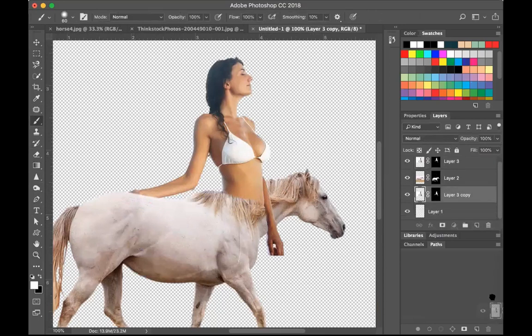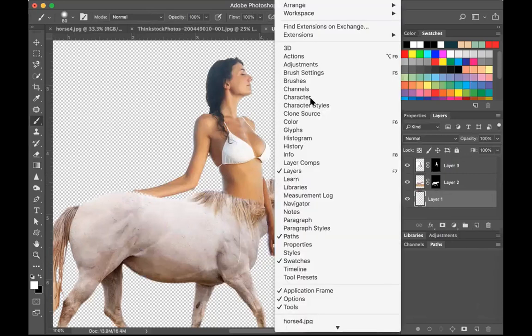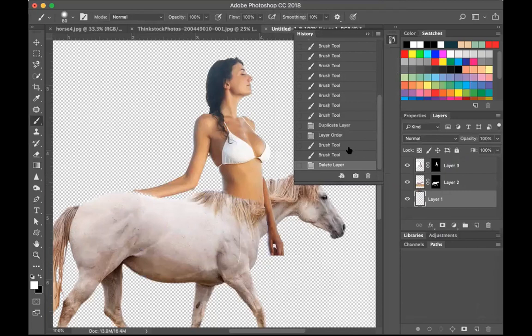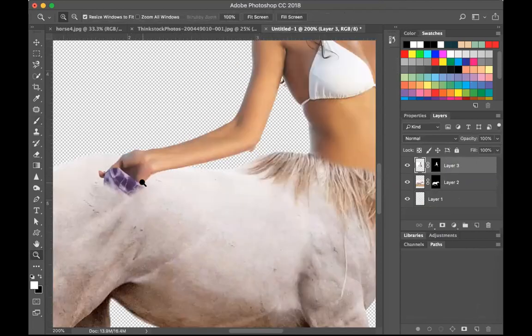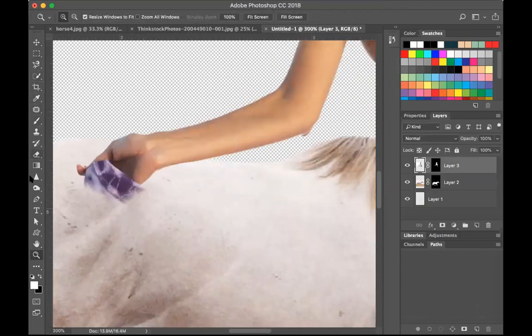I might not even have to do that either. Let me just get rid of that altogether. And let me go up to history again. Try to figure out how to do this without duplicating the layer. Okay, so let's try this. Try and get rid of our hand here without it being crazy